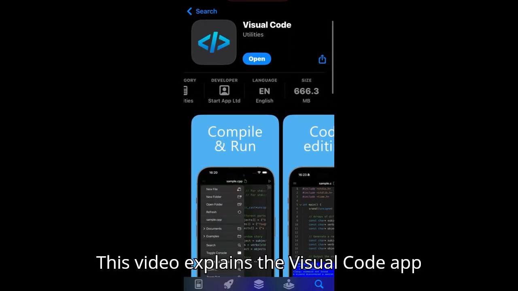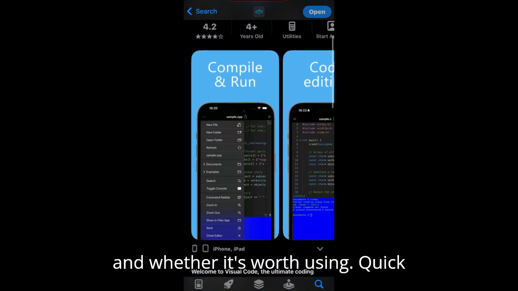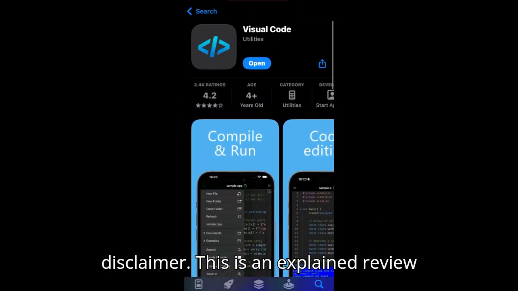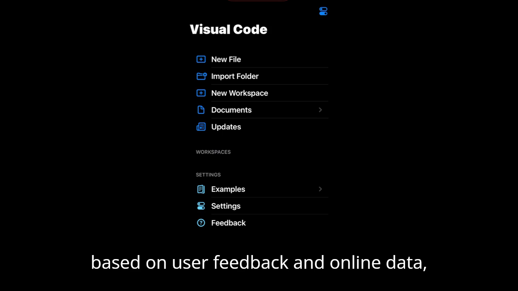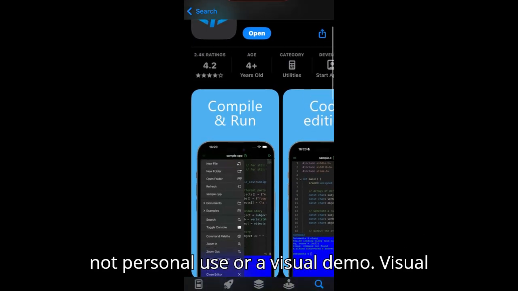This video explains the Visual Code app and whether it's worth using. Quick disclaimer. This is an explained review based on user feedback and online data, not personal use or a visual